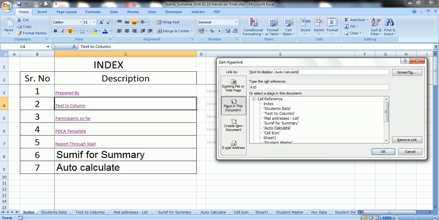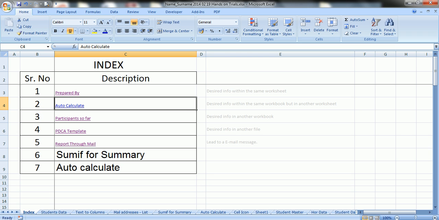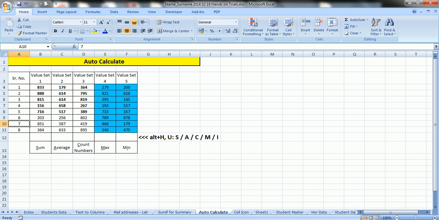Herewith we have edited or changed all parts of the hyperlink. Click on OK. See, a new hyperlink is created. Now there is no link between text to column and the earlier link. Click on this, and auto calculate will open for you.